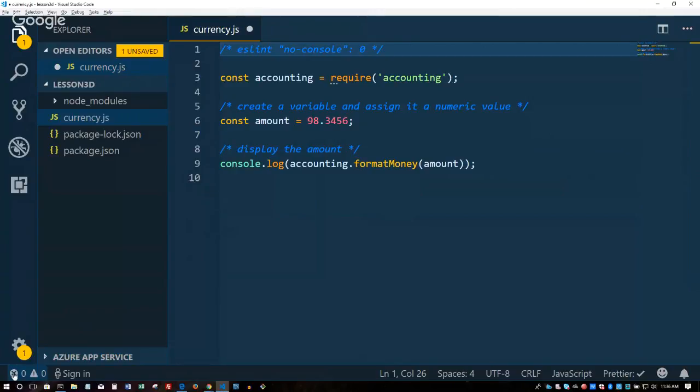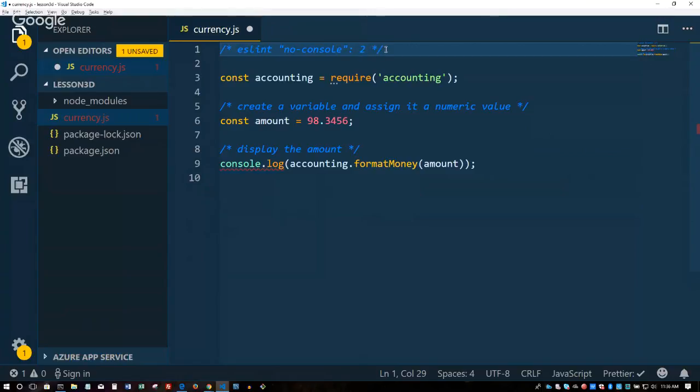So look at my ESLint, 0 and 0. So 0 is for off. 1 is for if you want it to warn you. So notice here I have 0 errors, but 1 warning. By default, you probably all have 2, which is give an error. That's why I have 1 error and 0 warnings. So that's just a real quick way to modify your ESLint rules if you find it a little bit annoying.